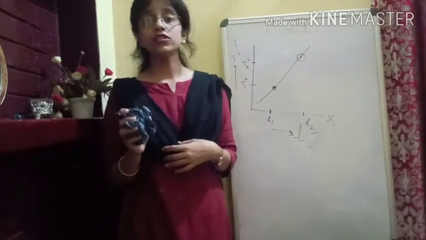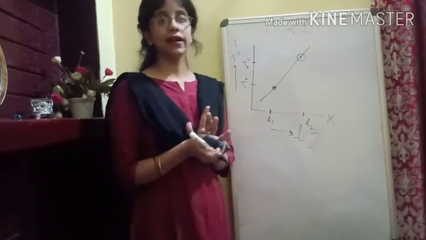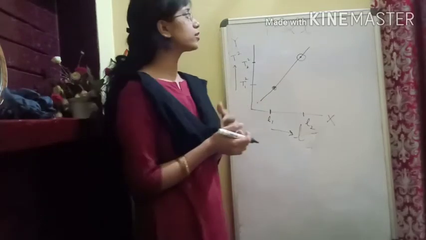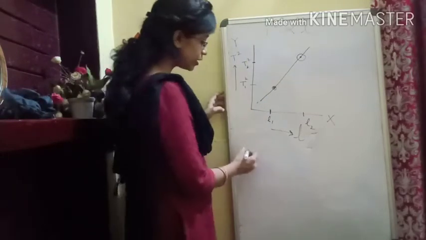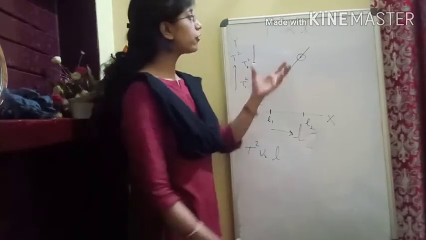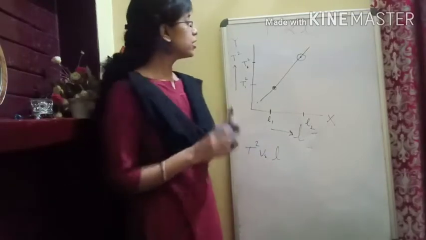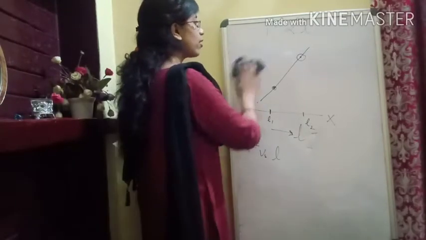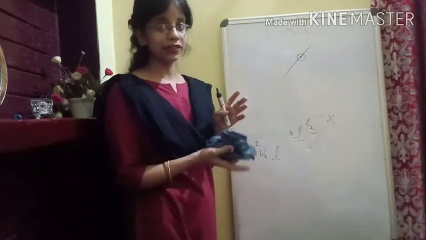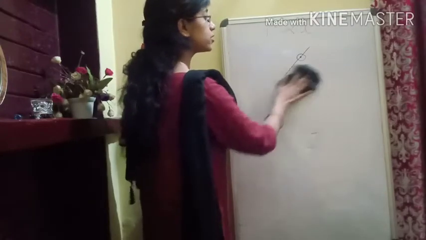Now you see, there are questions in your exam question paper where they will ask you to draw the graph of t square versus L, or give the idea of the graph t square versus L. So that's how you draw the graph. Is it clear? Now since we have drawn the graph, our next idea is to calculate the time period basically. So we are going to use the graph and calculate the time period.